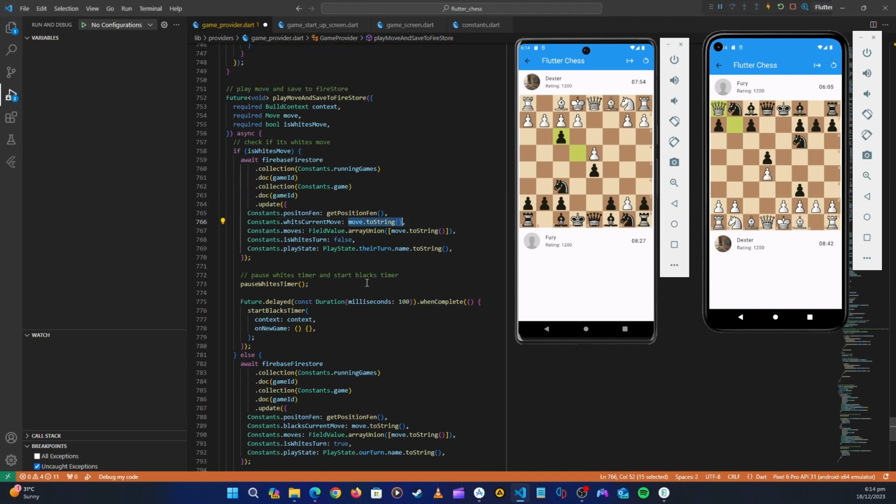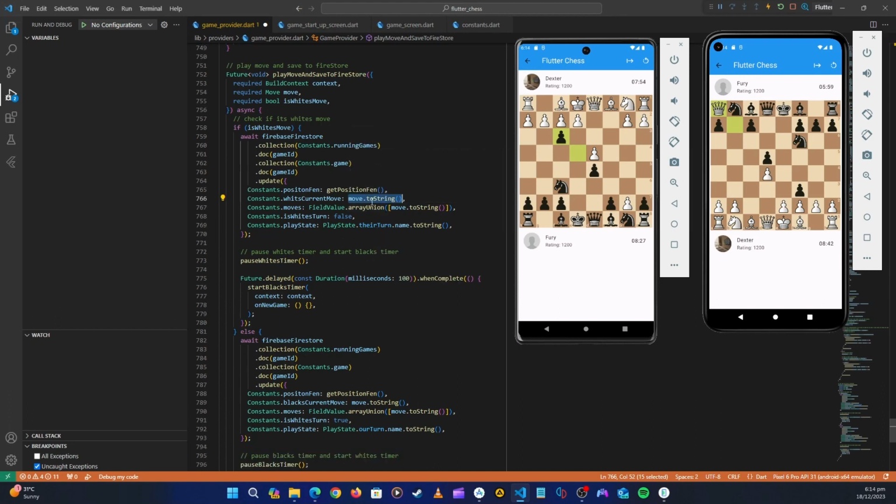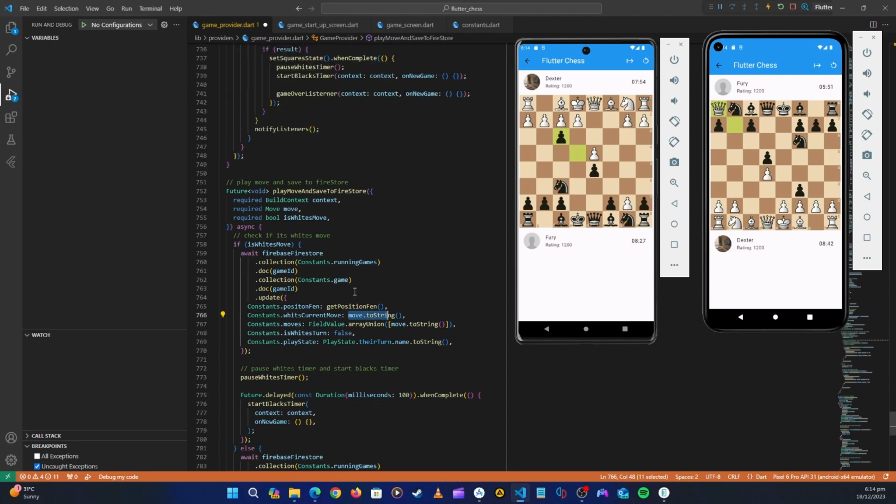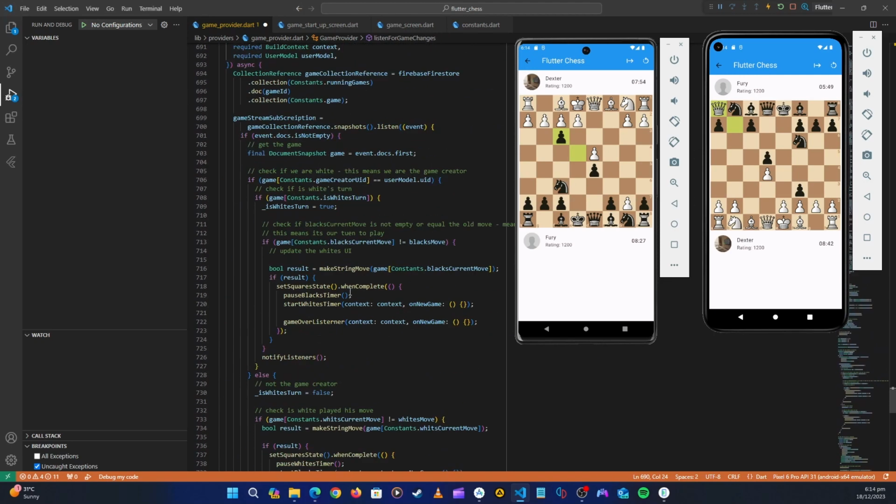In the next video, I'm going to tell you how we are going to convert this move to work, because before you've seen that once we play like this, the other application won't read it. What we have to do is, inside here, when we are listening and getting this move, we don't need to make the move string, we need to make that square move. So to do that, we need to get this black's move, or this move that is coming from Firestore, convert it to the square move, and then make that move. Okay, so that's what we are going to do in the next video.